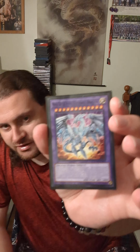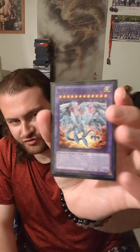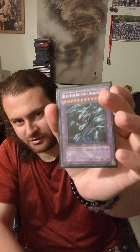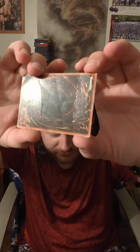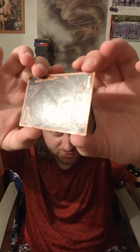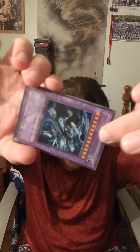There's also the Neo Blue Eyes Ultimate Dragon from the Dark Side of Dimensions, and of course, you gotta go with the classic Blue Eyes Ultimate Dragon. This is actually the Jump promo one that I picked up from King Fandom several months back, and unfortunately, it is a bit damaged. As you guys could see, under the right light, it is hella damaged. Did I care? No. I did not really care because it's the Blue Eyes Ultimate Dragon, and, well,